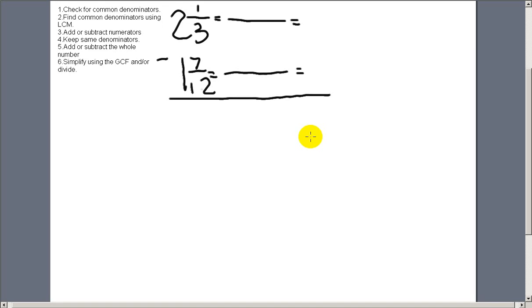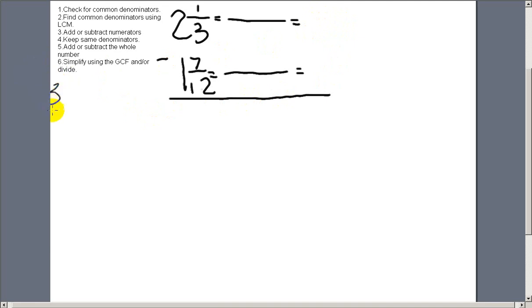This is how we subtract mixed numbers with renaming or with borrowing. Here, our first step would be to check for common denominators. We have 3 and we have 12. Therefore, we need to find common denominators using the LCM. We find the LCM by listing the